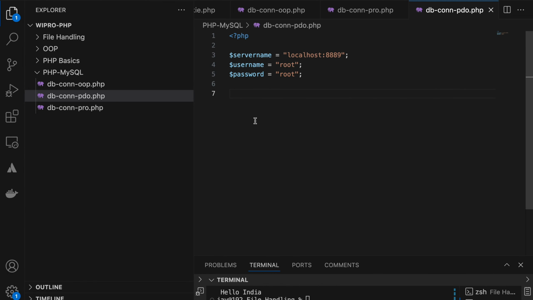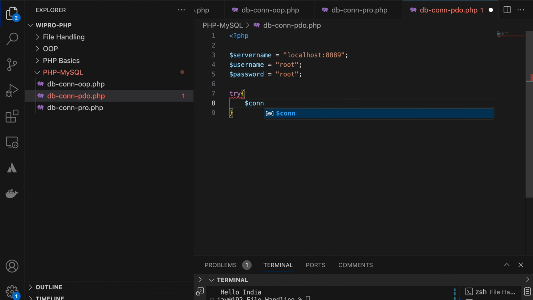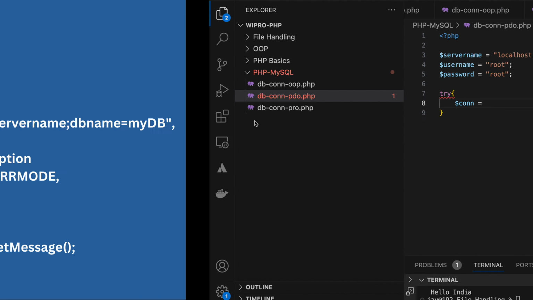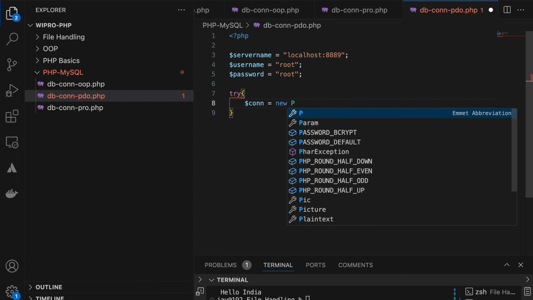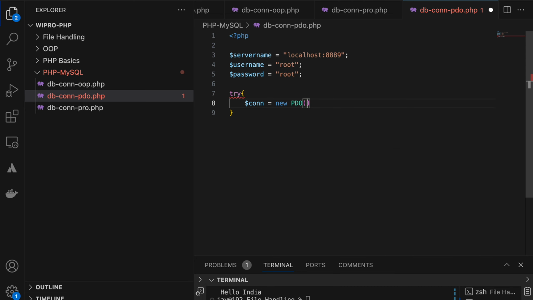So how can you do this one? Try. After try, what do we use? Con equal to what to create? New PDO. Under new PDO, give the database type. What is the database type I am connecting?